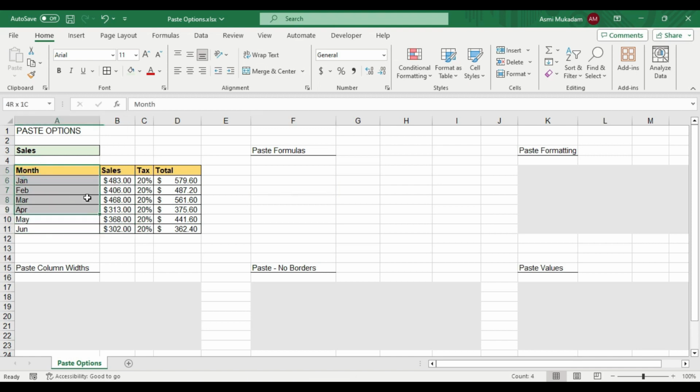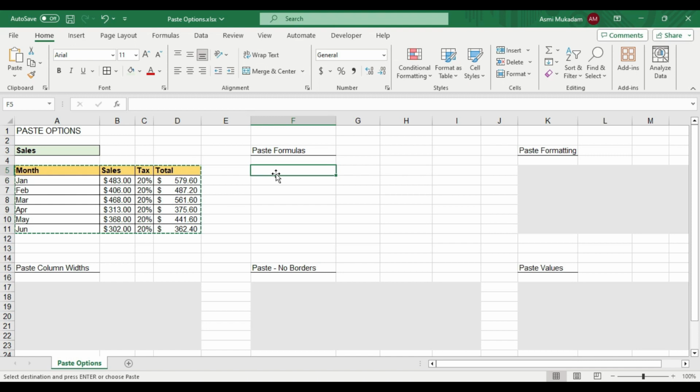For that what I can do, I will do Control A for selecting the table, then I will do Control C to copy it. Now I need to click on the cell where I want to paste the table. So I want to paste here. I have clicked this cell.